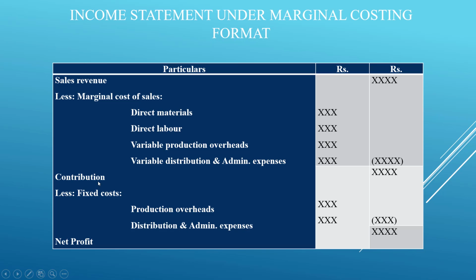So what is contribution? Contribution means whatever sales is there in the manufacturing unit, sales minus marginal cost or sales minus variable cost gives you the contribution. This becomes a formula. Okay, what is the formula of contribution? Contribution is sales minus variable cost. Okay, now after getting this, this contribution is very important in finding out the marginal cost of any kind of product, which is helped by using the technique of marginal costing.